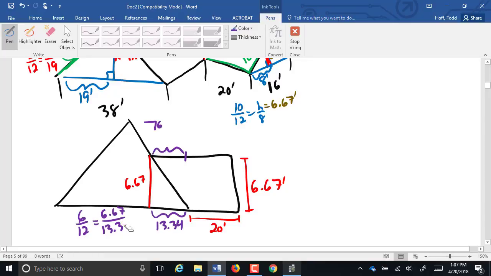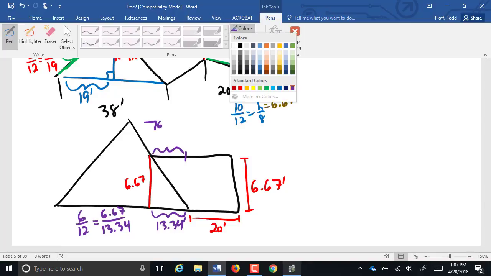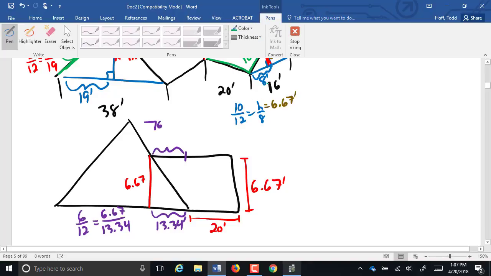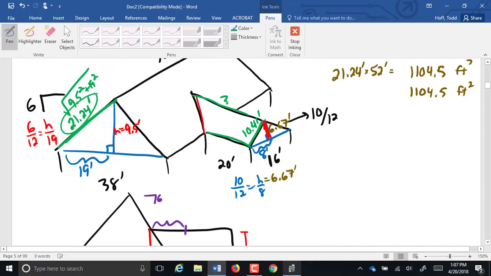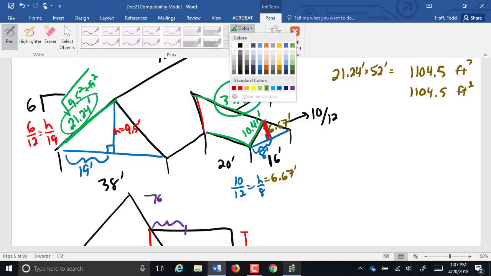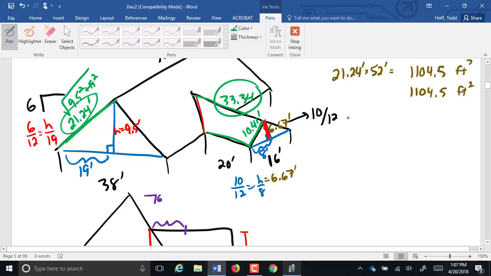Okay. So it's 13.34 feet, which means that whole ridge, you got it, 33.34. So to find the area of that trapezoid, it's the average of the bases, 33.34, plus, what's the other base? 20, divided by 2, and then times